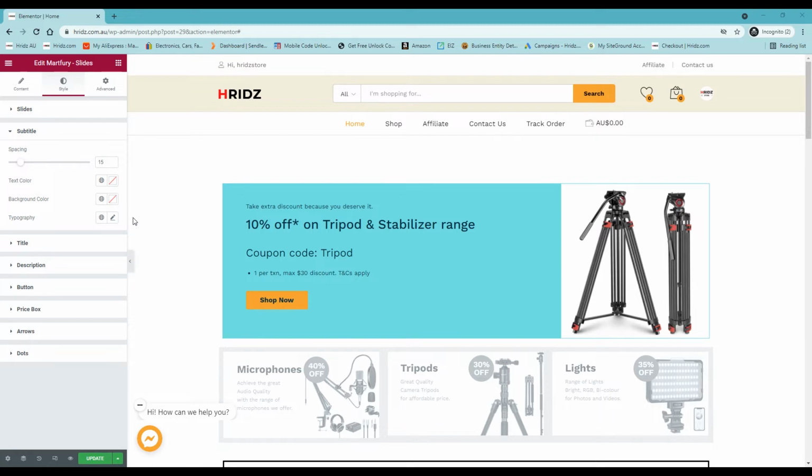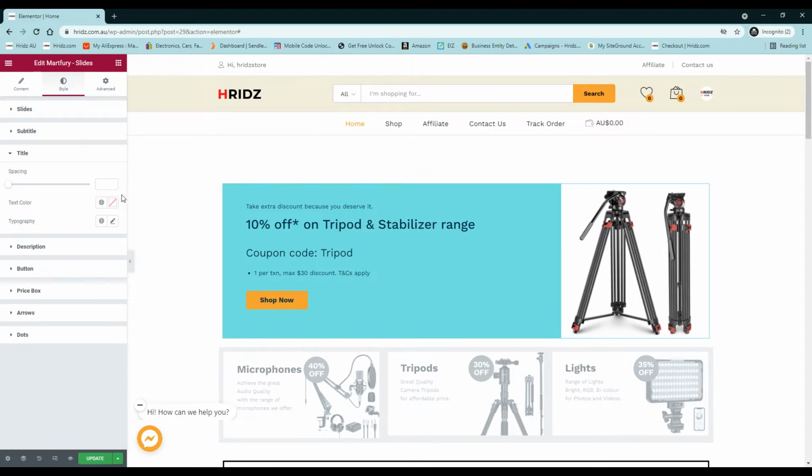The title spacing can be somewhere around 20, but it's too much on the top, so maybe keep it a little bit more. 30 looks good, I will keep it to 30. Alright,